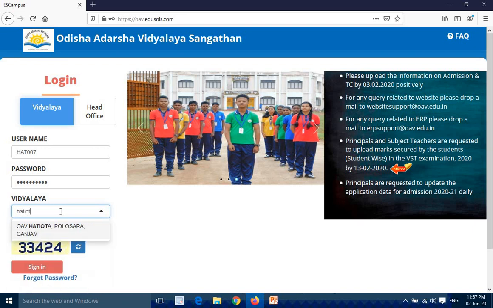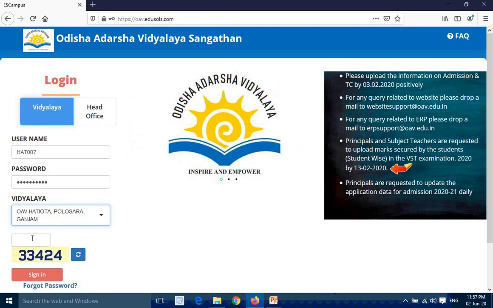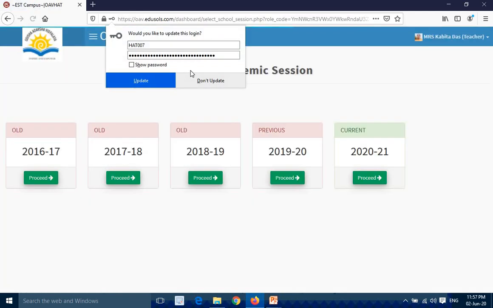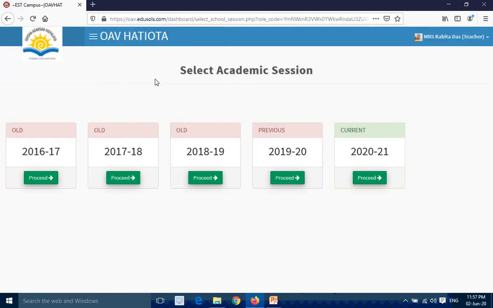So after entering the password, you can select the Vidyalaya, then enter the CAPTCHA. After filling all the information over here, click on the sign in button. When you click on sign in button, here you can find